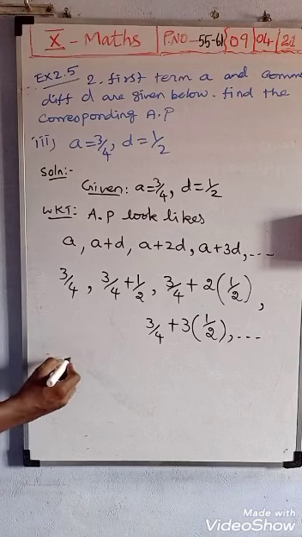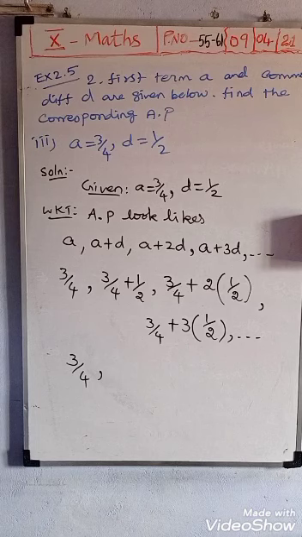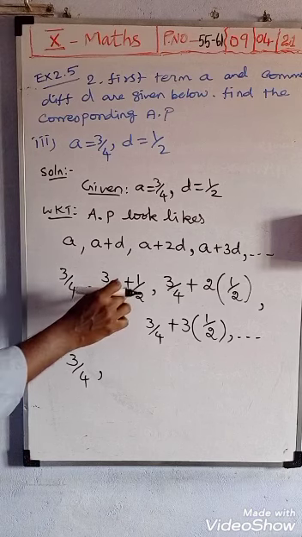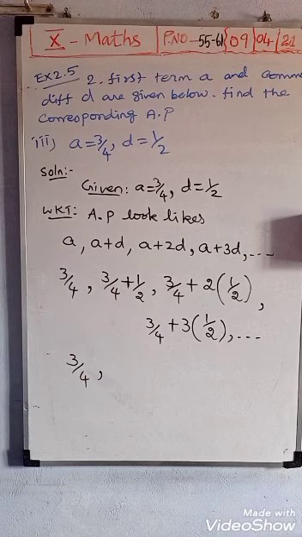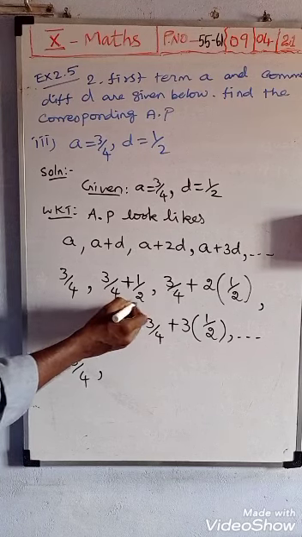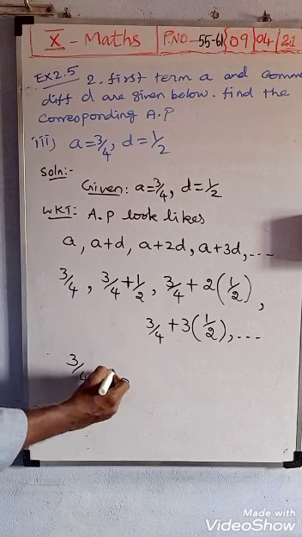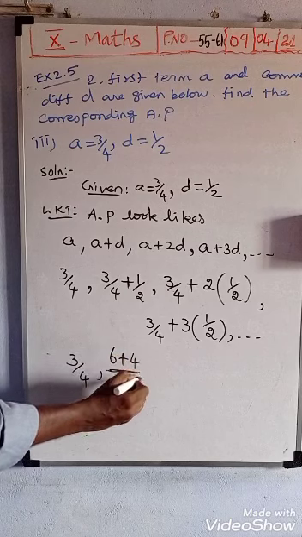Now you simplify and write 3 by 4, comma. Here 4 and 2 are different denominators, and in between there is a plus. For multiplication we can easily do it as it is, but in between there is a plus, so with different denominators we want to take the LCM. Taking the LCM, multiply first: 4 twos are 8. Then cross multiplication: 3 twos are 6 plus 4 ones are 4.